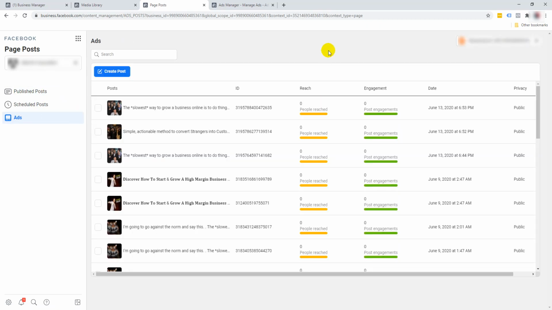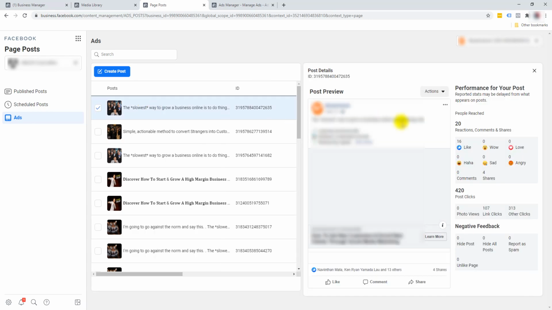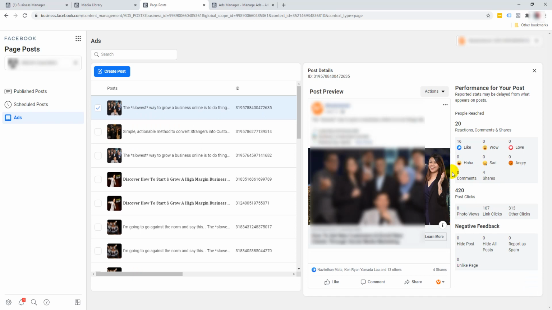All right. Now, whether you realize this or not, every time you make any edits or a copy of advertisements that you already have, it's just going to make clones of it with different IDs. So visually it might look the same to you, but on the back office you can see that there's multiple IDs for very similar advertisements. And again, if you want to keep things a little bit neat, what you want to do is click on the page post that you would like to delete. Like for example, this is the one,